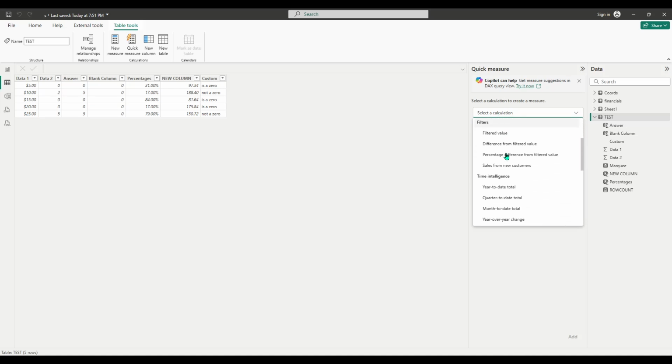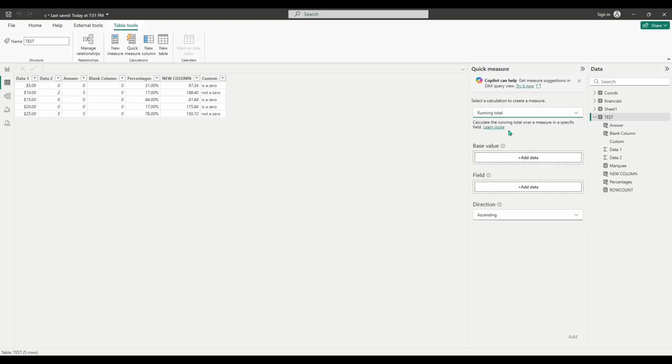At the top of the Quick Measure pane, you'll be asked to select a calculation. This is where you decide what kind of logic you want Power BI to build for you. You'll see options like aggregate totals, filters, time intelligence, rolling averages, and more. If you're not sure which one fits, think about the question you're trying to answer. For example, what percent is this category of the whole? Points to a percent of grand total, while how does this value accumulate over time? Suggests a running total. Each option comes with a short description, and many show tool tips that clarify what each